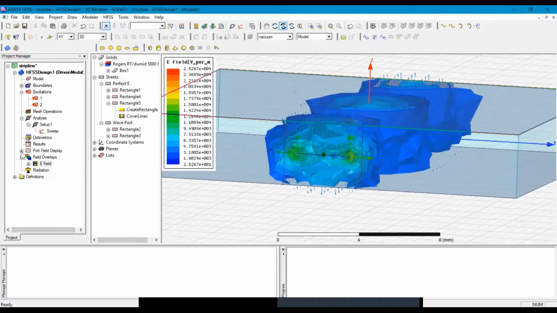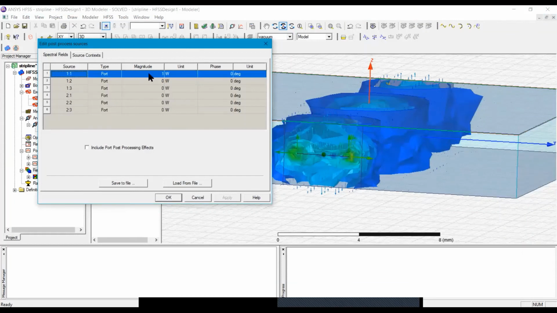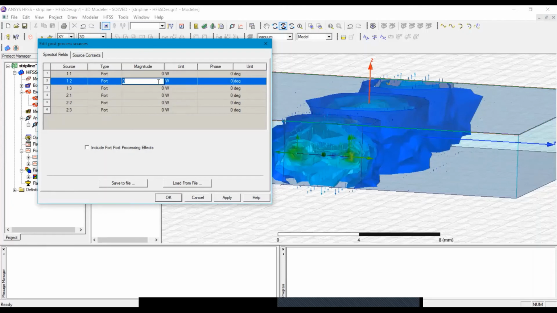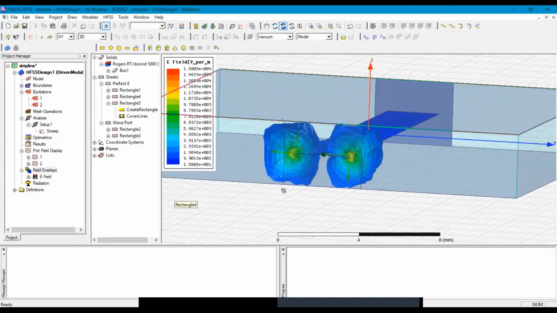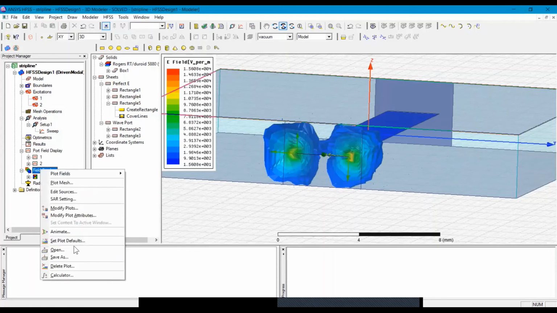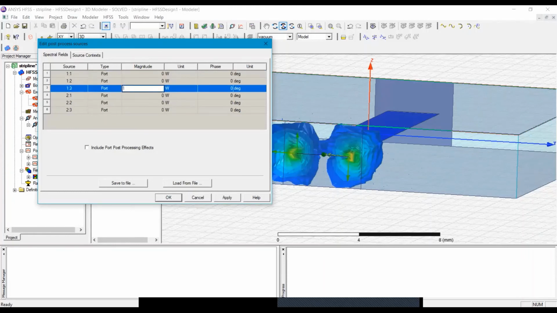Now we can also see some different modes. So in the field overlay, we have to edit the source. I am making it 0 and I am exciting the next higher order mode and then apply. So here you can see how the next higher order mode looks. Again, I can also see the third mode, edit source. I will make it 0 and I am exciting the third source.